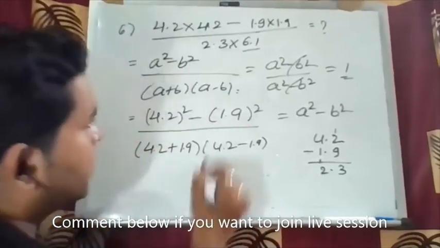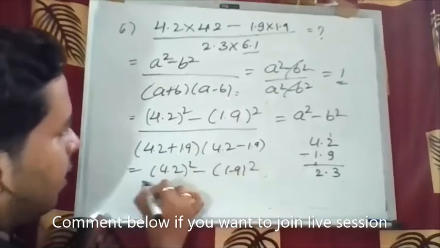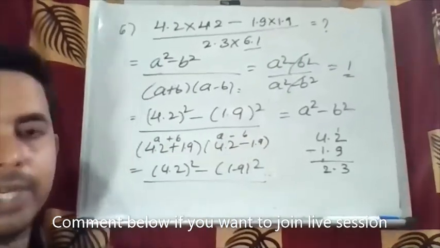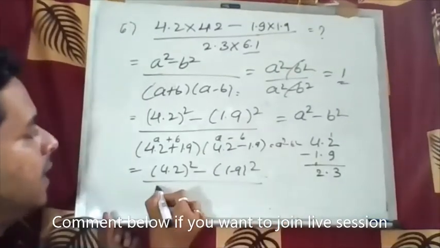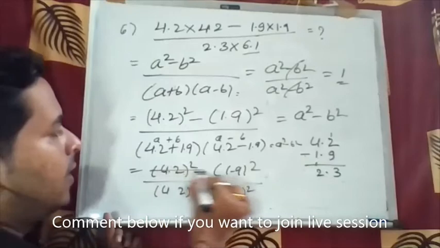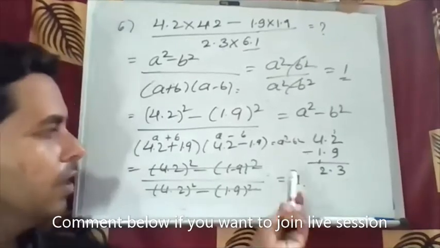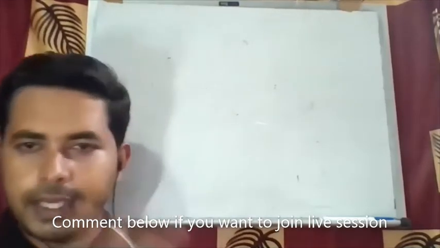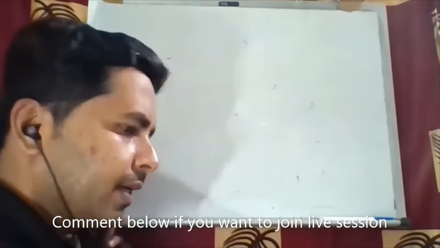ओके, हम इसको कैसे लिखते हैं? ऊपर का सेम ही रहता है, 4.2 स्क्वायर 1.9 स्क्वायर. नीचे का हम स्क्वायर में लिखेंगे. ये a प्लस b है, ये a माइनस b. a प्लस b इंटू a माइनस b क्या आएगा? a स्क्वायर माइनस b स्क्वायर आएगा ना. सो इधर हम ऐसे ही लिखते हैं, 4.2 स्क्वायर माइनस 1.9 स्क्वायर. ऊपर का भी सेम है, नीचे का भी सेम है, तो आपका आंसर 1 आएगा. ऊपर का नीचे का कटा तो आंसर 1 आएगा. ओके, ये क्वेश्चन फॉर्मूले से कर सकते हैं. So you have to be like that. Okay, so now